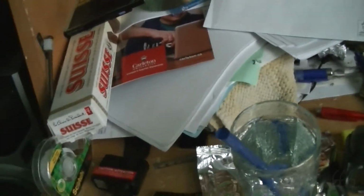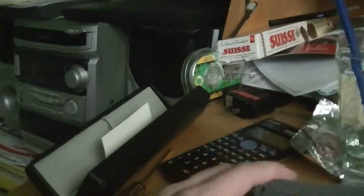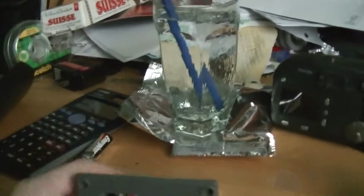Okay, good. Well, that was kind of dangerous. But it still works, so that's good news. Didn't knock this water over. That's also good news. It looks like it's fine, though. That was not fine. Just knocked out the main power battery. Well, anyway, as you can see, I've been replacing...